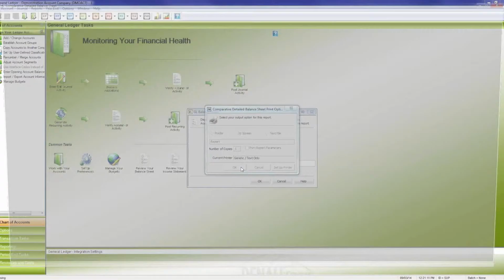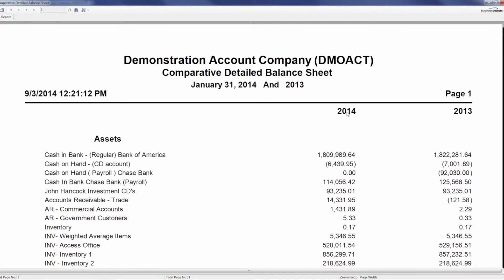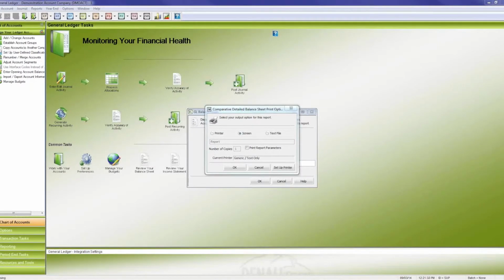Take a look at the comparative detailed report. You can see here that it's showing you in the first column the 2014 ending balance as of January 31st, and also the 2013 ending balance on January 31st of that year. As we switch back to our PowerPoint here